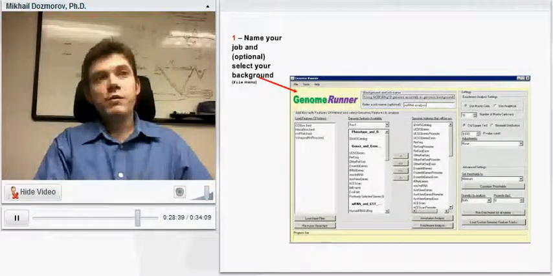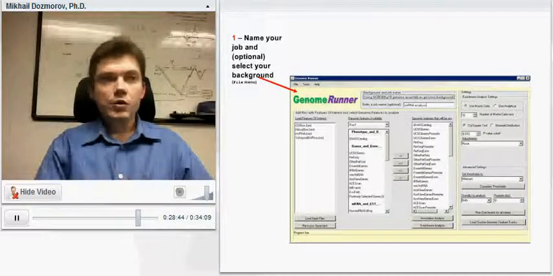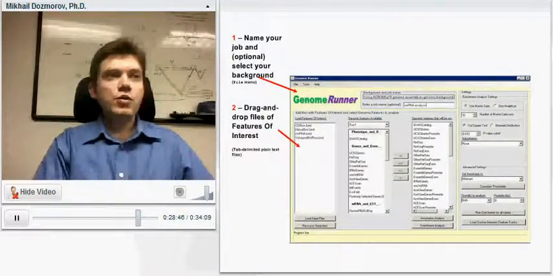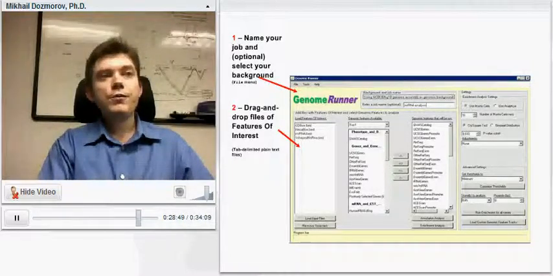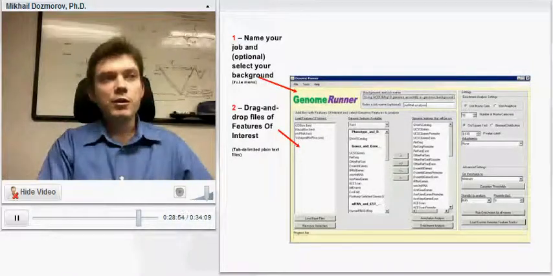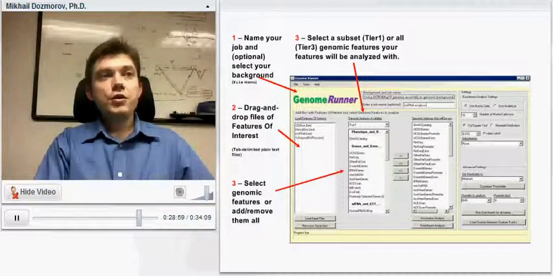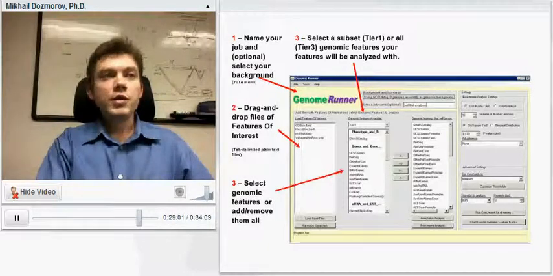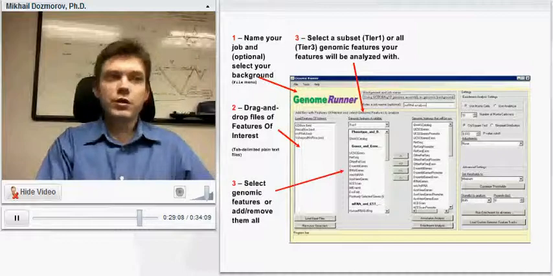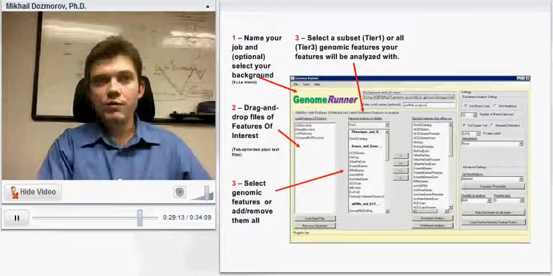First of all, you give a name to your job and select your background. By default it's the whole genome. Then you provide Genome Runner with files containing coordinates of your features of interest. These are simple tab-delimited plain text files. Then you select which genomic features you want to analyze your features of interest against. For example, you may correlate your features of interest with genes, with alternative splicing events, with DNase hypersensitive sites, or